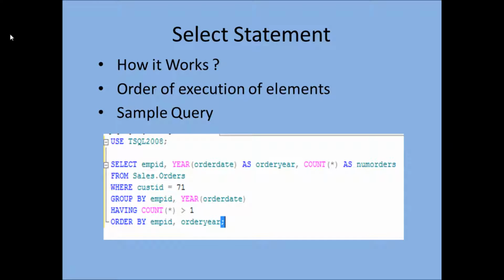Today we will talk about how the select statement works in SQL Server. So the basic SQL statement is the select statement. It gives the result of a table. We can fetch either all the columns of the table or some columns of the table with some logical manipulation. So we will talk about how the select statement works in SQL Server and what is the order of execution of elements